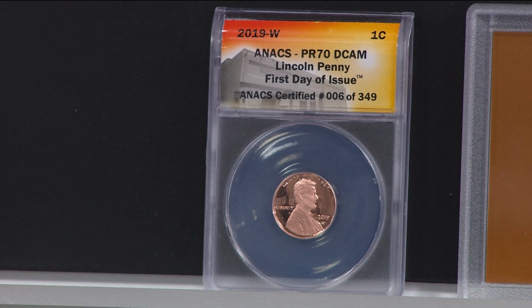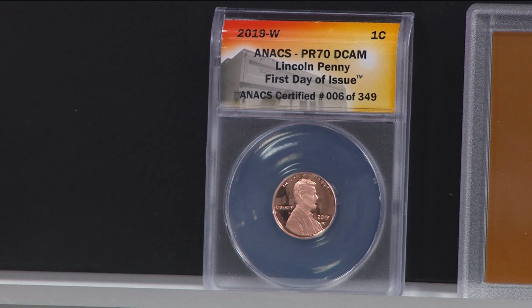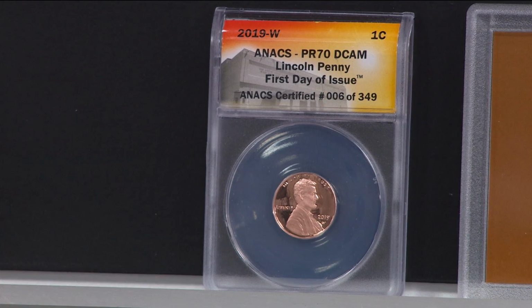We have like 12 dozen of these sets is all that I am able to do. I wished I could have done thousands. I wished I could have done and made it $99 or $199, but I just couldn't. $249 is actually, for a first day of issue, West Point minted Lincoln cent, a one-time only deal. They've never done this before. It is absolutely, positively, I think, one of the great deals in the marketplace. If you want the